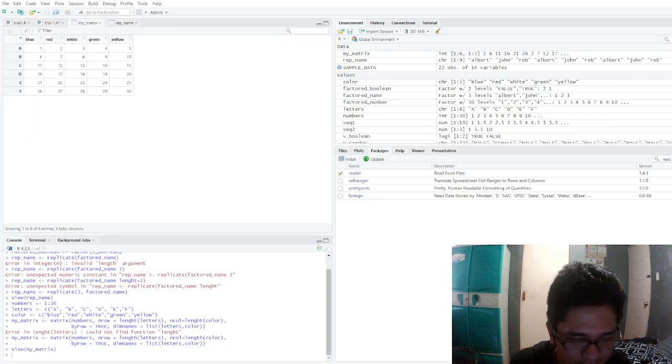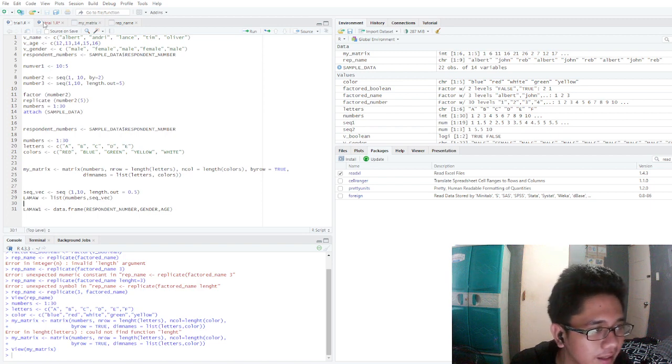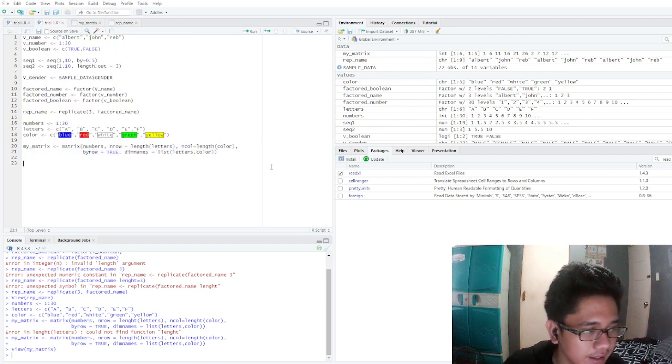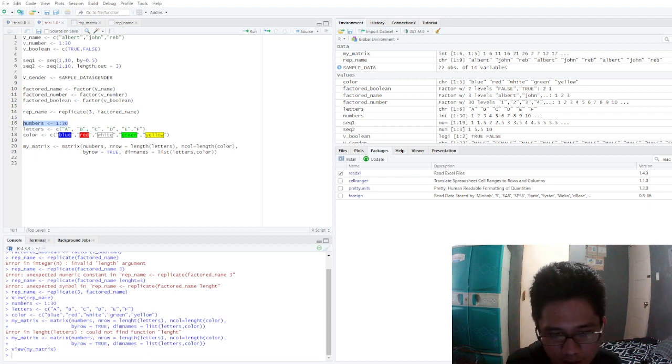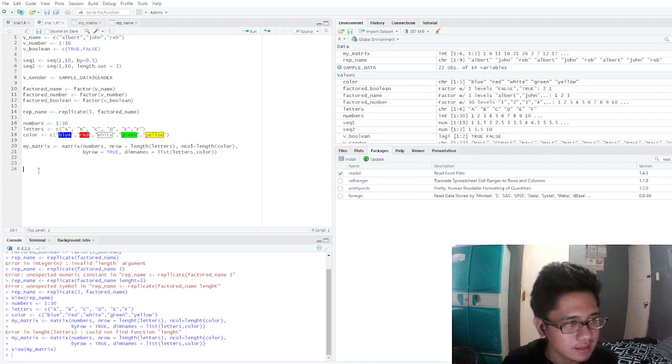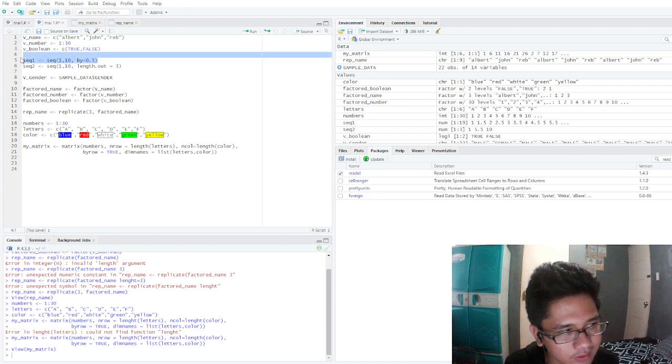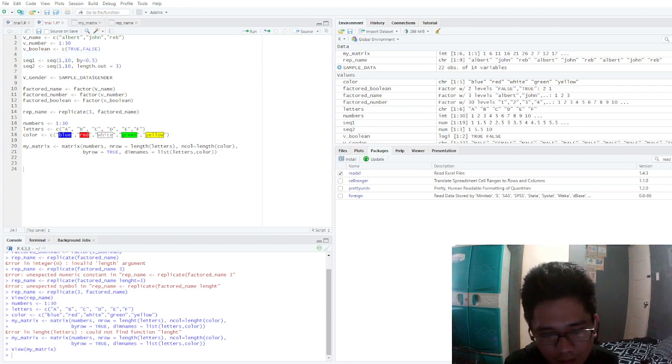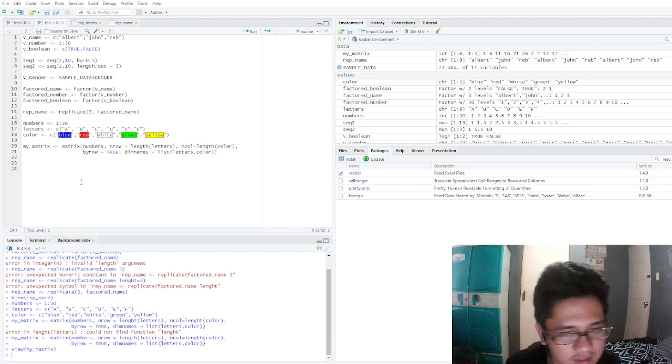So to create this, we already have 1 to 30 from the numbers, and now we have to create a sequence from 1 to 10. We already have a sequence from 1 to 10, which is sequence 1, and then we have to create an ordered factor of your top 3 subjects.